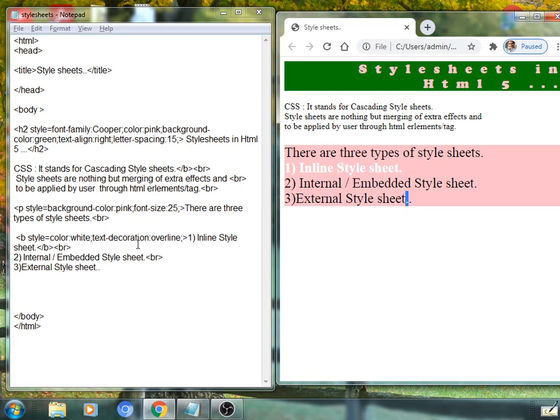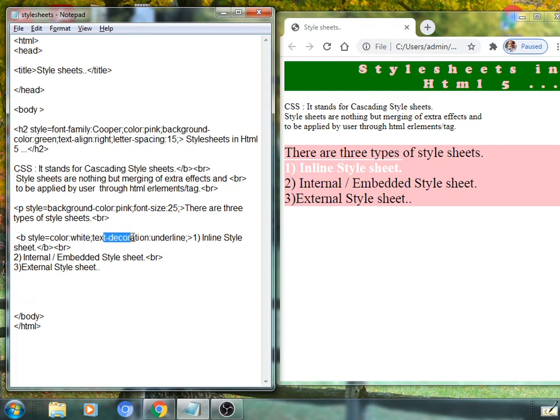I have given overline. So a line is drawn on the head of the text, on top of the text, isn't it? Is it applied? Yes. One can change it to underline also. Text-decoration underline: the line is applied at the bottom.